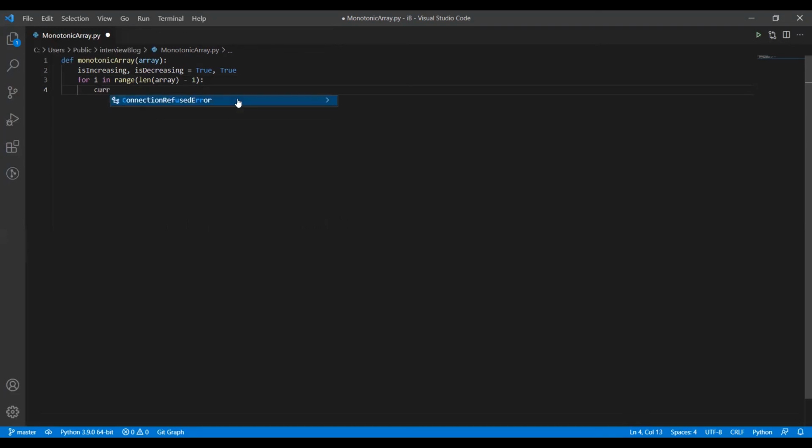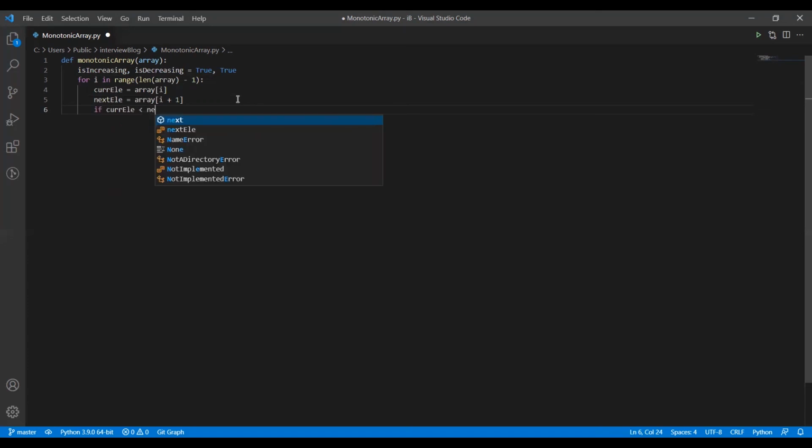So our current element would be array of i, and our next element would be array of i plus 1. Whenever our current element is less than the next element, it means that the array is in increasing fashion, and hence we will be updating the is decreasing variable to false.